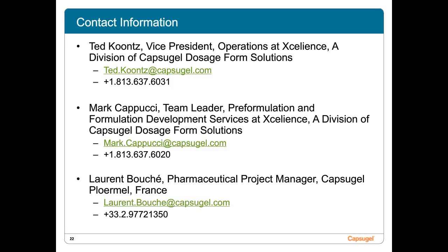That's where we'll look at the API initially before we start doing any work on the Xcelodose. We'll have at least an understanding, if it's not provided, of the flow by using basically your typical flow decks. We'll do bulk and tap density of the material to at least have an understanding of how it is with compaction. We'll also look at particle size determination that we currently have here, and other aspects like morphology, just having a good understanding of what the material is like if that information is not provided,